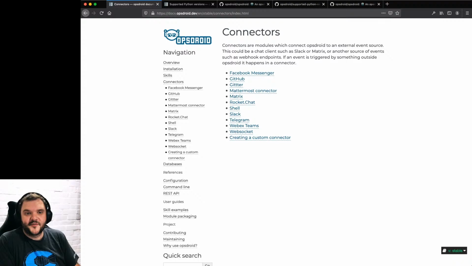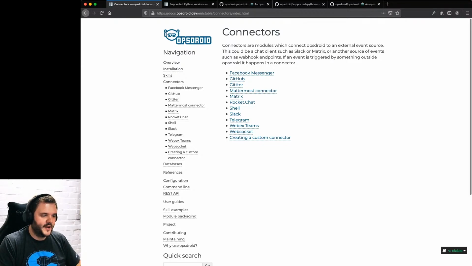My favorite example is f-strings, right? F-strings are a way of formatting a string in Python. They're much more pleasant than using the percent operator from the olden days, and much more pleasant than doing .format on a string. It's just a much nicer way of formatting strings. I was really excited when we said, right, Opsdroid now supports 3.6 and above. We could start using f-strings, and it just made life so much easier and helps you reduce and simplify code.